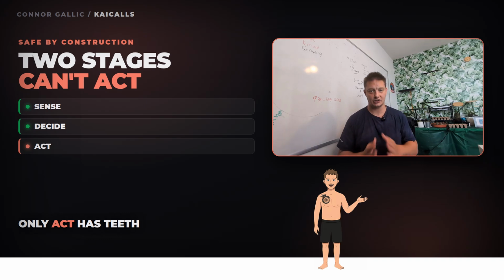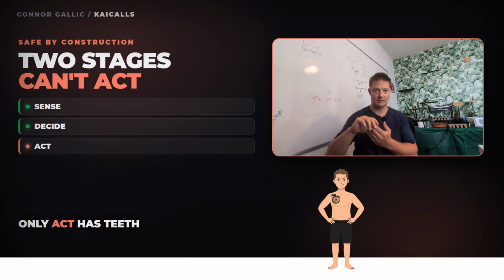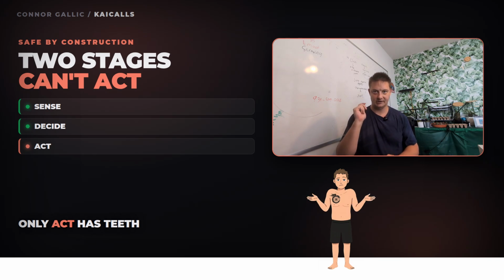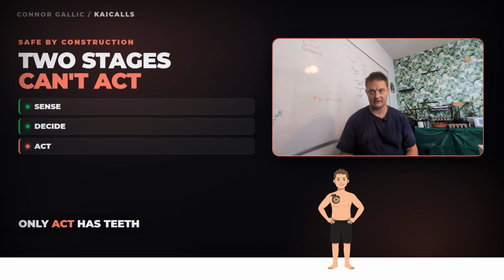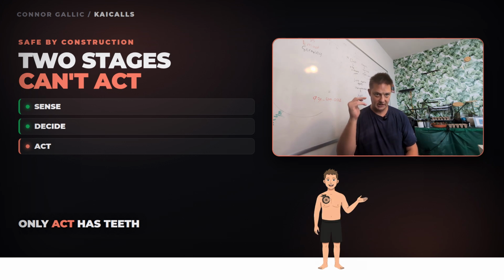What does safe by construction mean? Safe by construction means that most of the system has no power to act in the first place. The dangerous verbs live in that tiny beat, and that beat is the only thing that the gate has to guard. I didn't bolt safety on after the fact. I shaped the work so most of it just can't hurt anything,